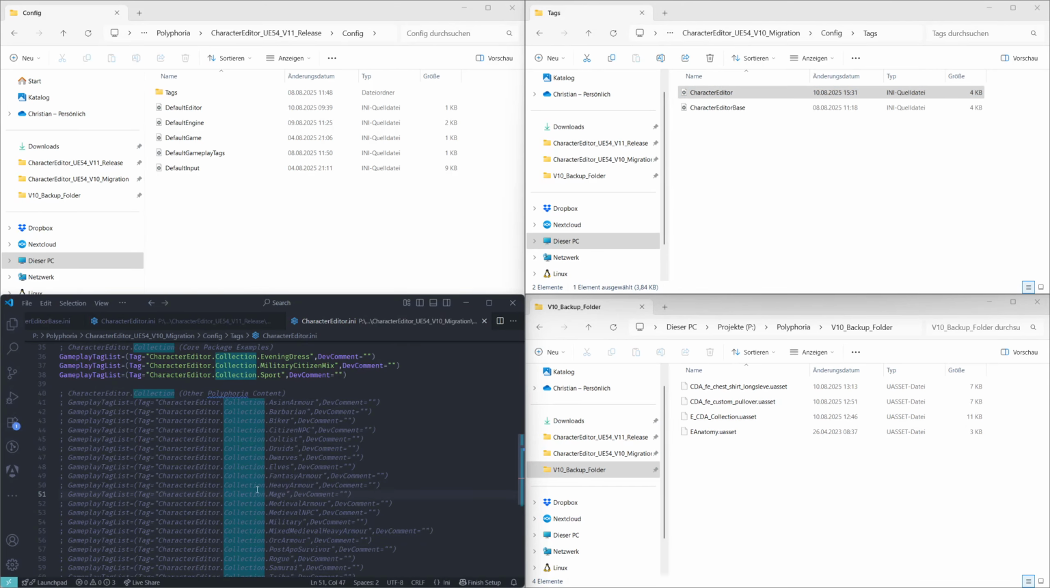Search for, for example, the mage pack that we use in our migration tutorial, and add another line for all the other collections that you want to use in your project. For example, here now this casual wear. Save the file,